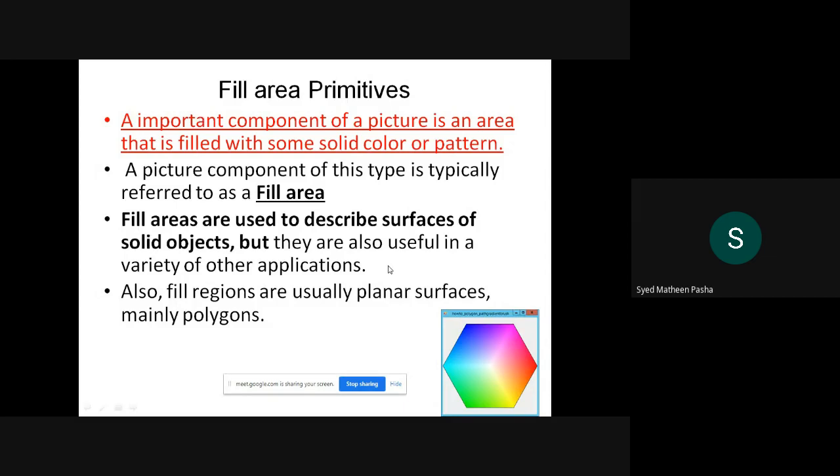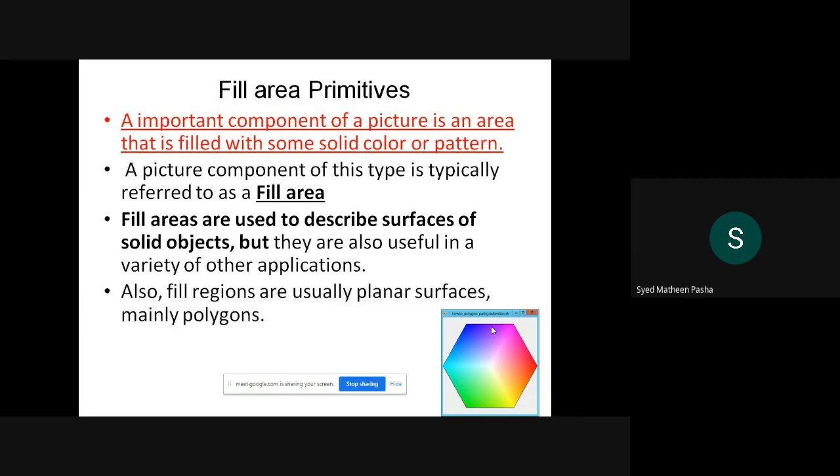If you consider an object, suppose I have considered one object which is displayed onto the display window. If you want the object to be filled with some pattern or any color inside it, the interior part of that particular object should be filled with something. So with the help of these primitives, that is fill area primitives, you will perform those operations. This is actually an option for you, so that the representation of your object or the project which you are displaying onto the screen will look good.